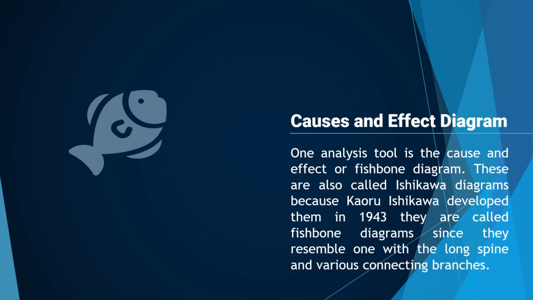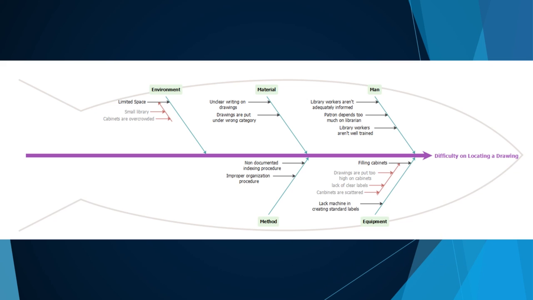Then comes the cause and effect diagram. It can also be termed a fishbone diagram or Ishikawa diagram. He developed this in 1943, and it identifies the many possible causes for an effect or problem, and sorts or arranges the ideas into useful categories. So it's a fishbone diagram. It indicates the causes, that is environment, material, man,